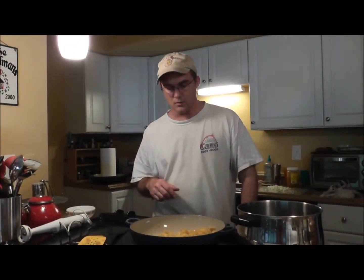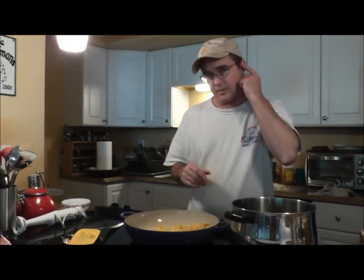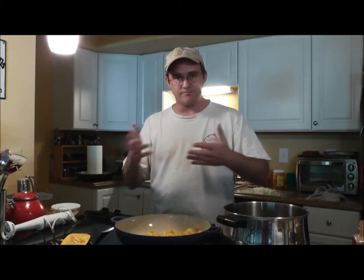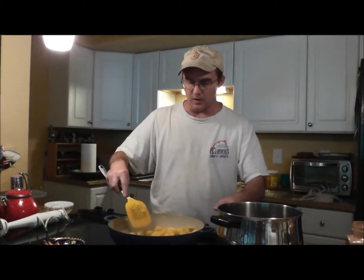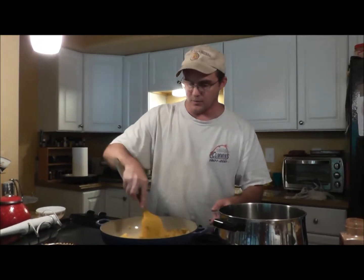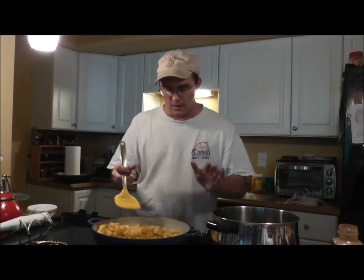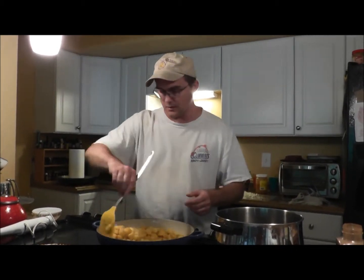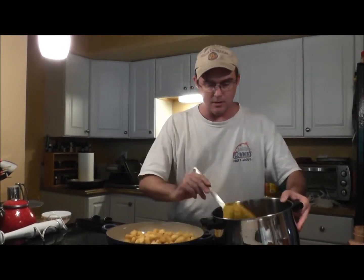Okay, so we're back. This has been cooking for maybe about 15-20 minutes. I think maybe about 25. Anywhere from 15 to 30 minutes, something like that. But just get them soft, and as you can see, there's virtually no water in there, and that's what you want. So this has been cooking on medium heat, and what I'm going to do is transfer this over